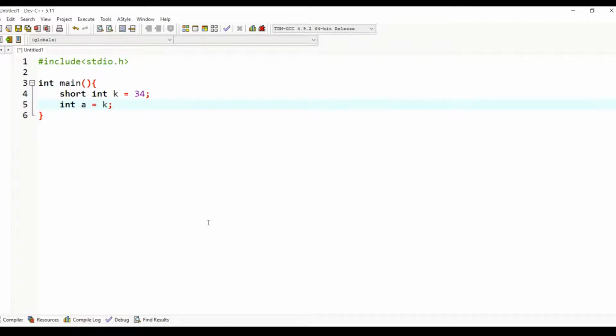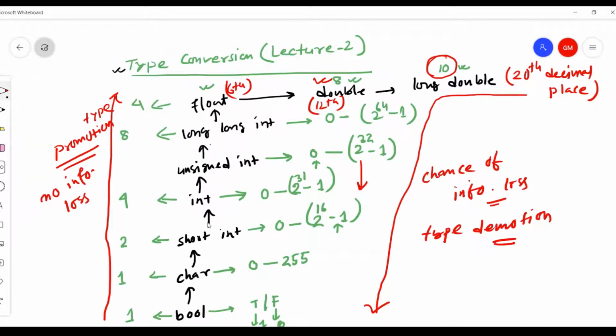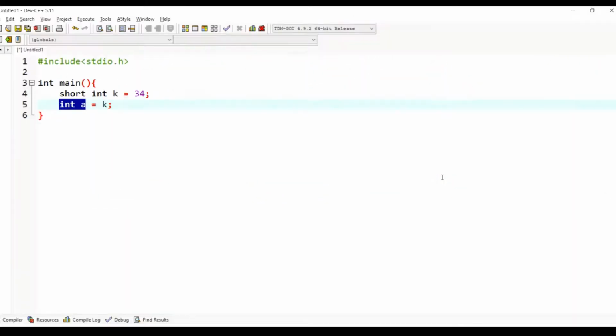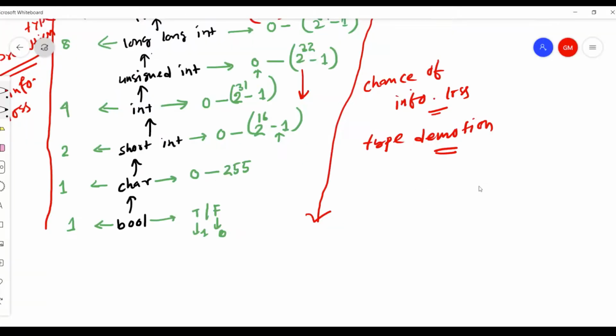Now look carefully. The type of k is short integer, and the type of a is integer. If I go back to the tree, the assignment goes from short integer to integer.